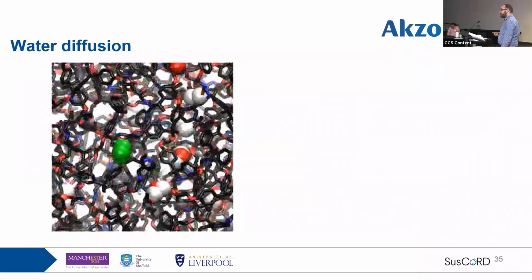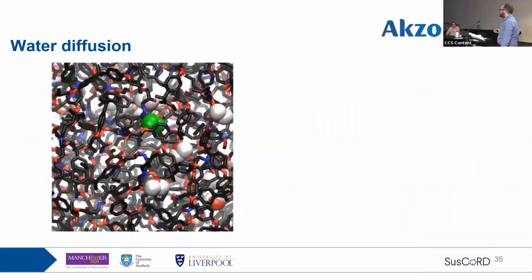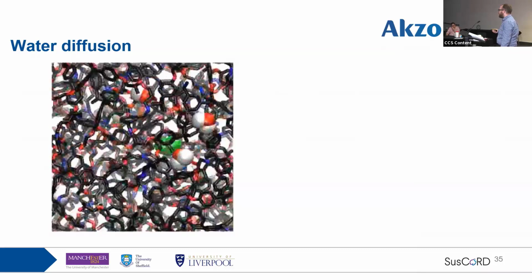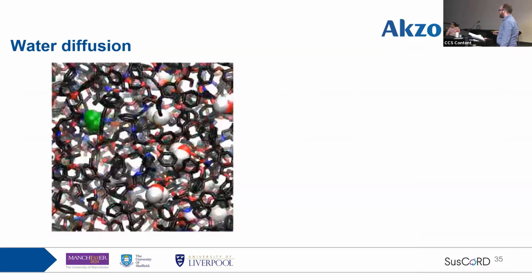So hopefully we should play. Here's a video of one of my simulations. I picked a water molecule at random in green, and you can see that it spends lots of time in one region bobbling around in a free volume, then it will quickly shuttle through to another region that's got quite a bit of space, spend some time there, and so on,